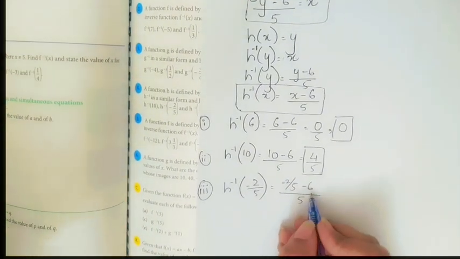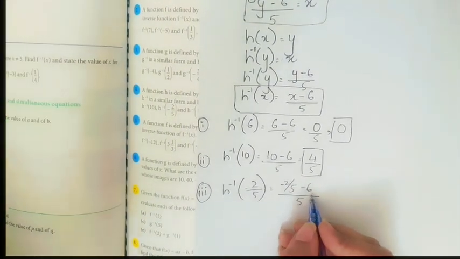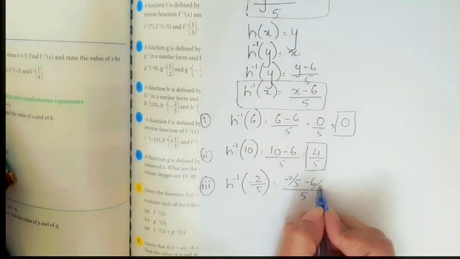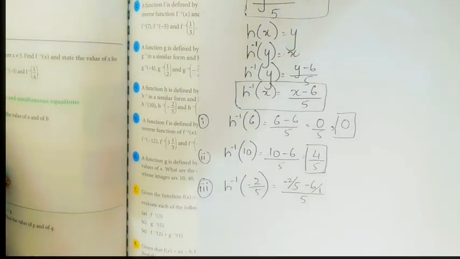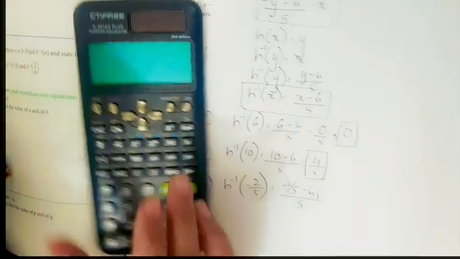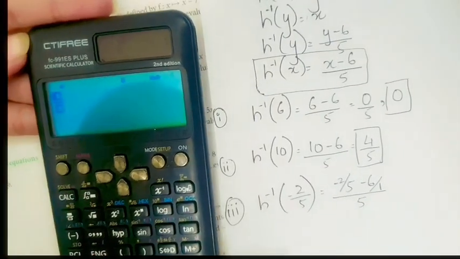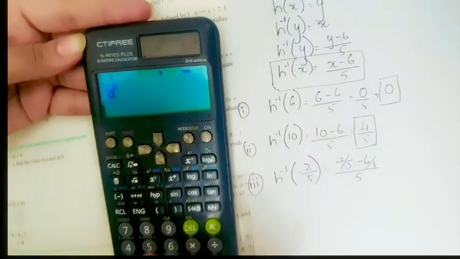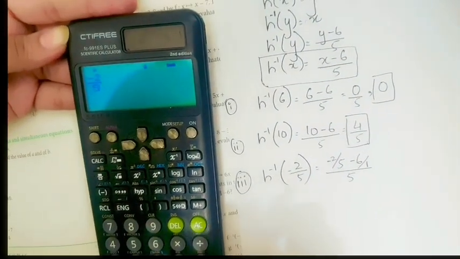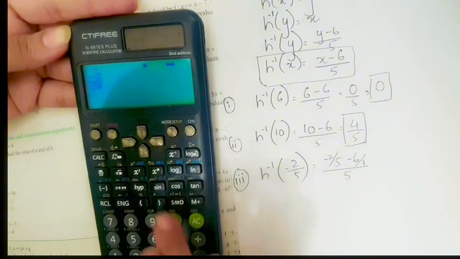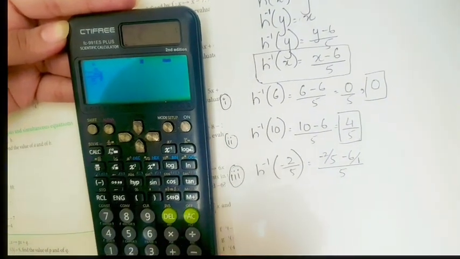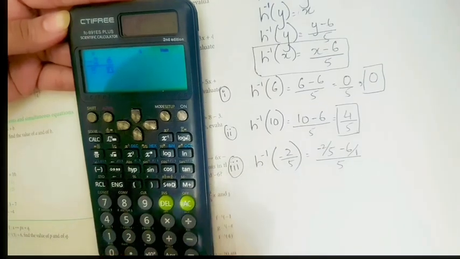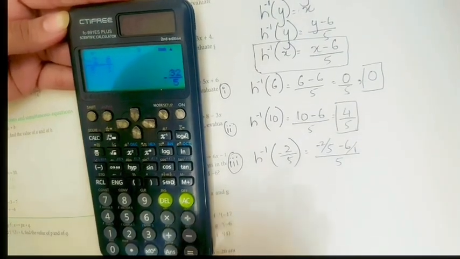Okay, now we have to take the LCM because in the denominator of 6 there is no number, so we can write 1, or you can simply use a calculator to solve it. Okay, so we can do minus 2 upon 5 minus 6 upon 1,